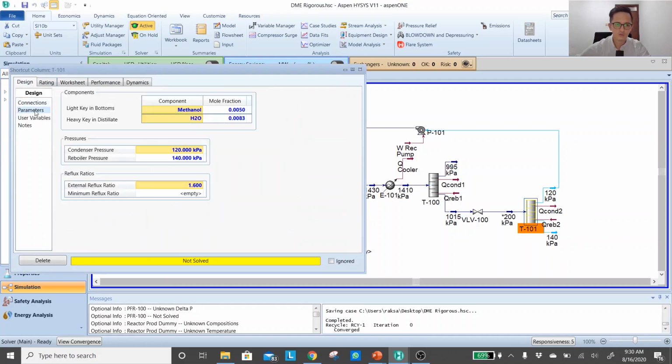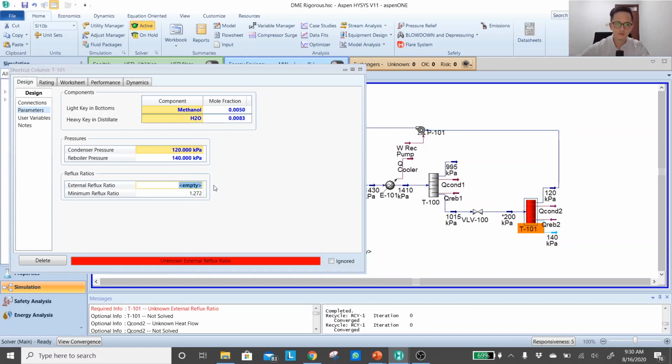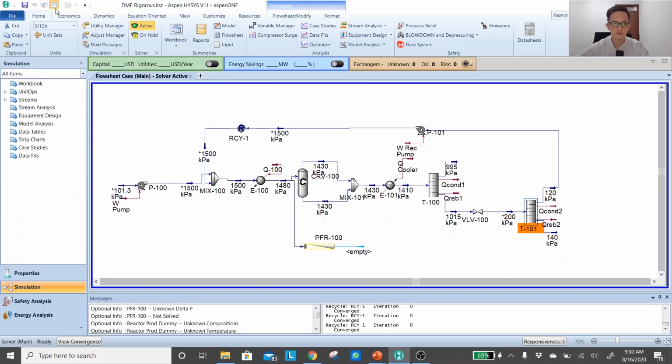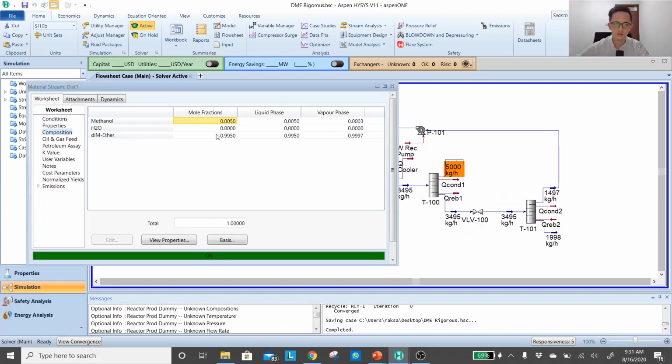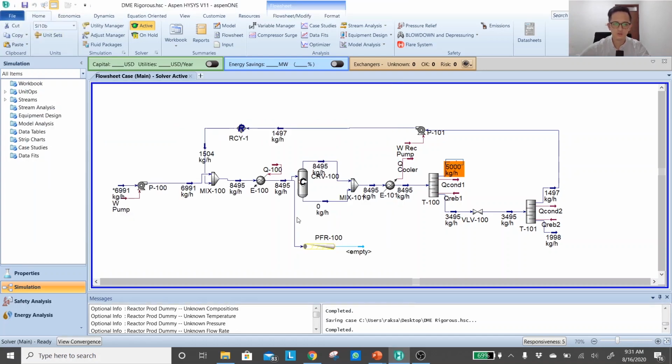Okay, it changed our process. Hopefully that can be solved. Okay, it's okay. Again, no worries. Once we change the pressure drop, it's still able to produce our product at the required capacity and at the required composition. So we can continue with the rigorous reactor.